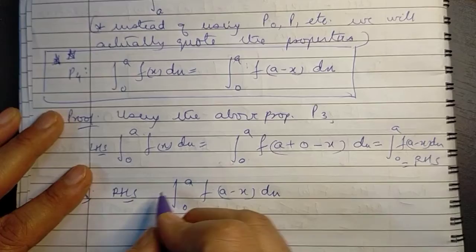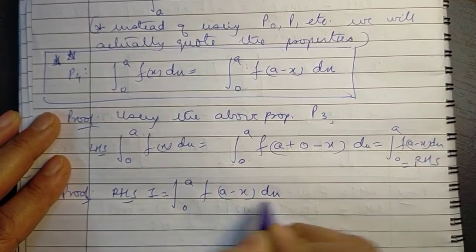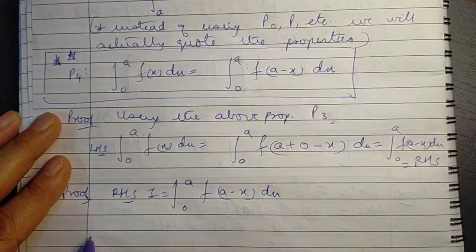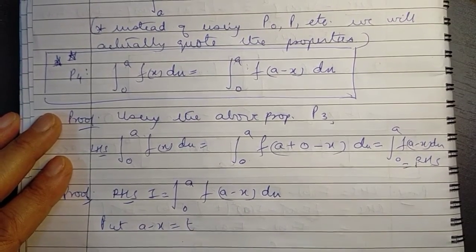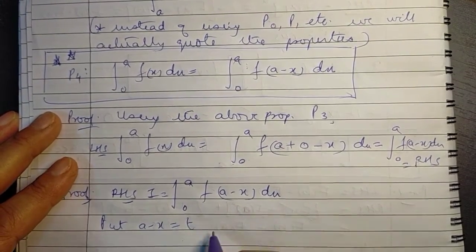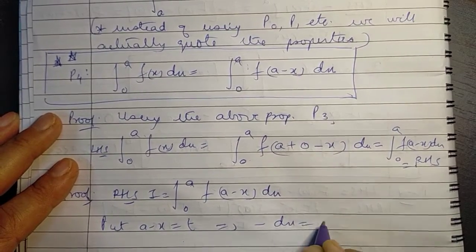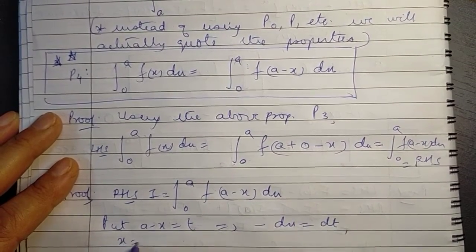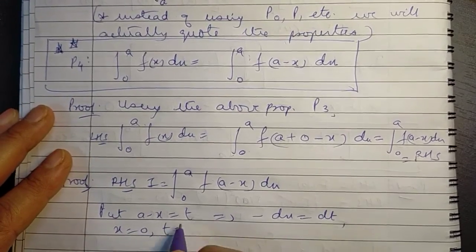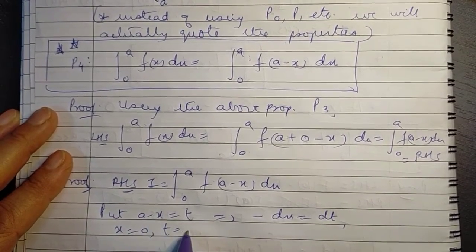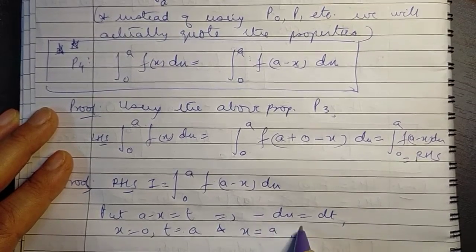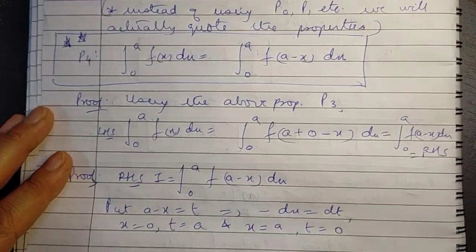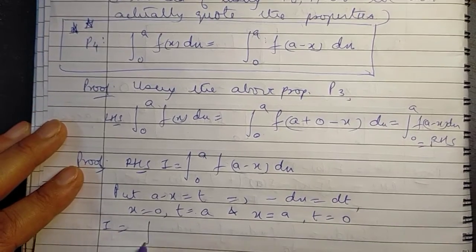Here what do we do? Let's call it I. Then here, just like above, we can put a minus x as t. So when we differentiate, we get minus dx as dt. When x is 0, t is a, and when x is a, t is 0, and so I becomes equal to,